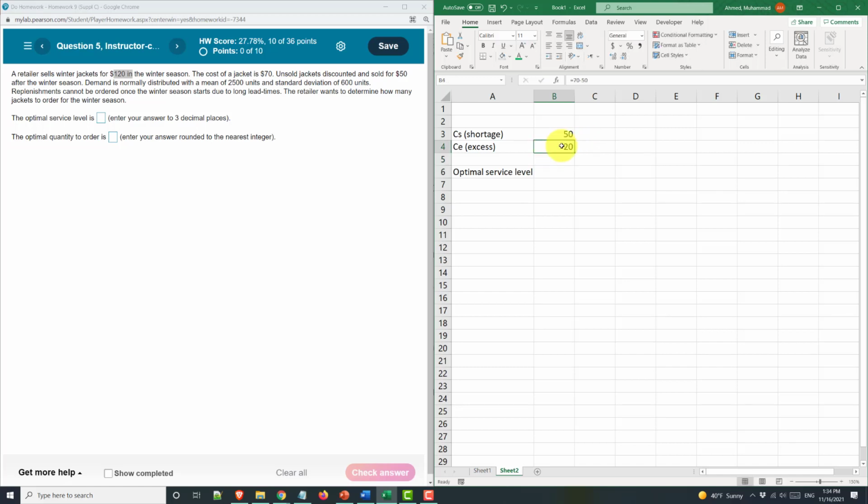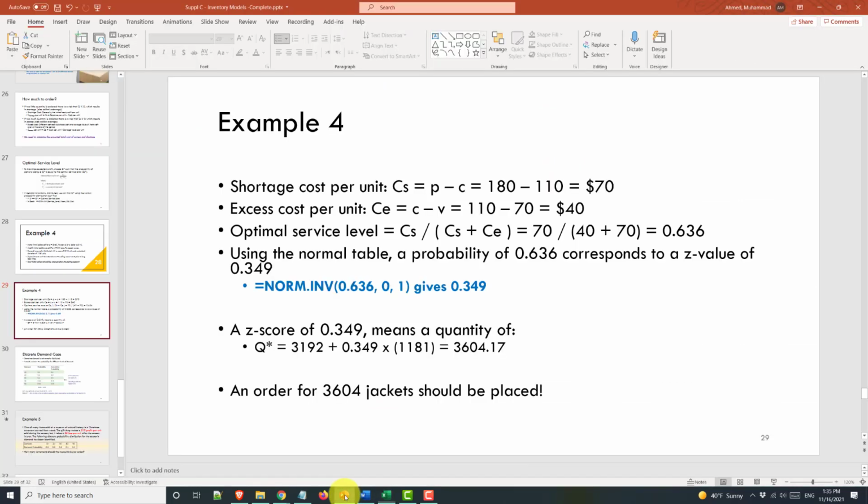So that's a cost of $20, and this is a lost profit, which is a cost. If you lose out on making money, that's like an opportunity cost. So that's 50 and that's 20. So when we go back to the slides, when we have these two, the optimal service level is CS divided